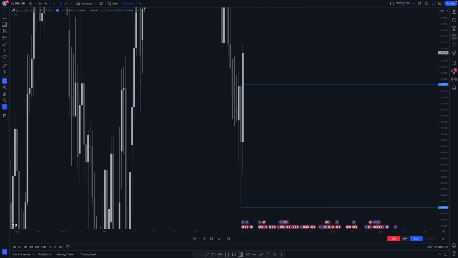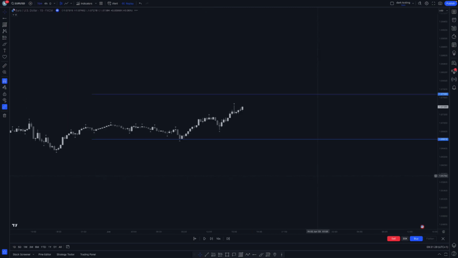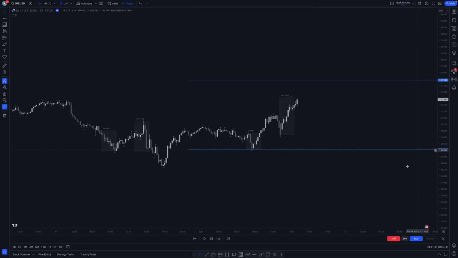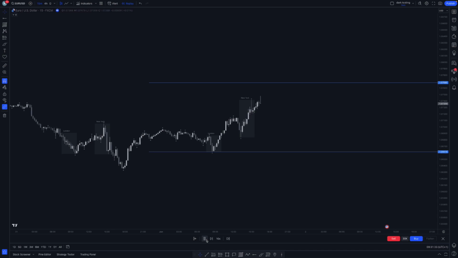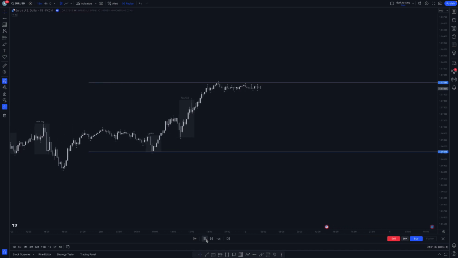the daily, and we can now mark out our previous daily high and our previous daily low. Drop to the 15-minute, and then we can play price forward until our session times. So we'll just play price forward, see which gets taken first, and there's something that I do need to